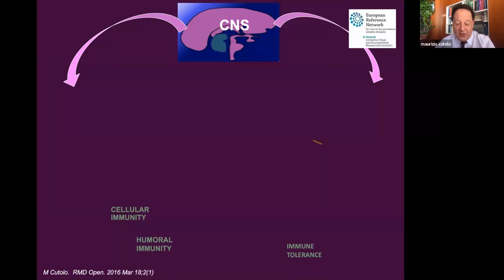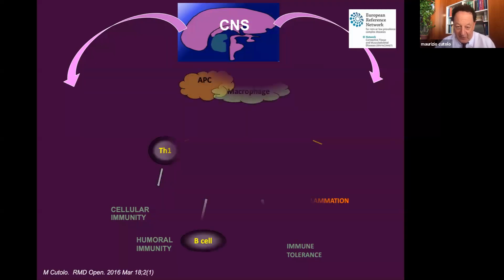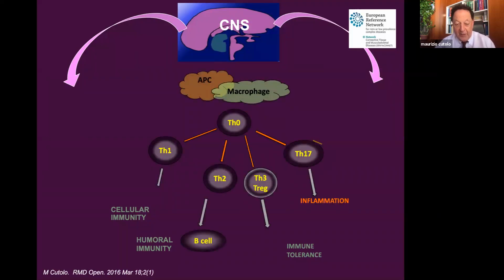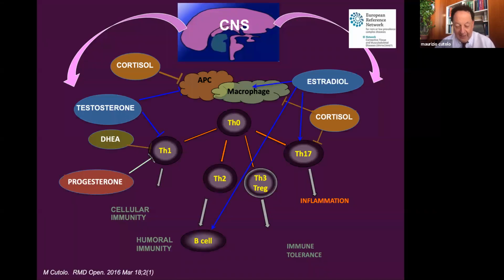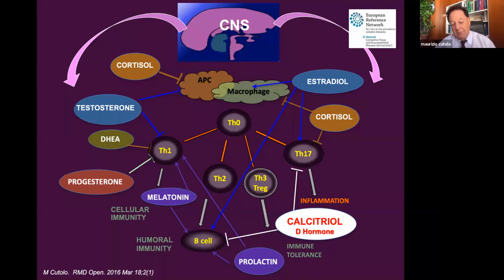So when we discuss connective tissue disease, of course, we have a panel of diseases with different localizations. The target organs are different, but the pathophysiology and the risk factors, for example deficiency, are almost the same. And all deal with a complex network of neuroendocrine immunology. On one side, the central nervous system and the peripheral system. On the other side, the immune system with its different players: antigen-presenting cells, macrophages, T lymphocytes, B lymphocytes. And on the other side, important endocrine organs that include the gonads, the adrenal gland with production of cortisol, the pineal gland, and this important hormone, vitamin D, calcitriol, that again, like sex hormones and cortisol, is synthesized from cholesterol.